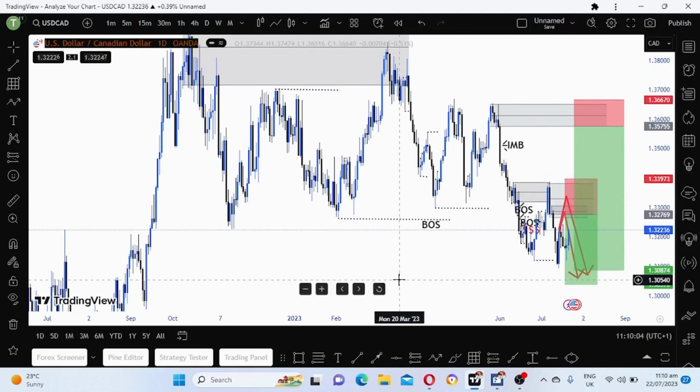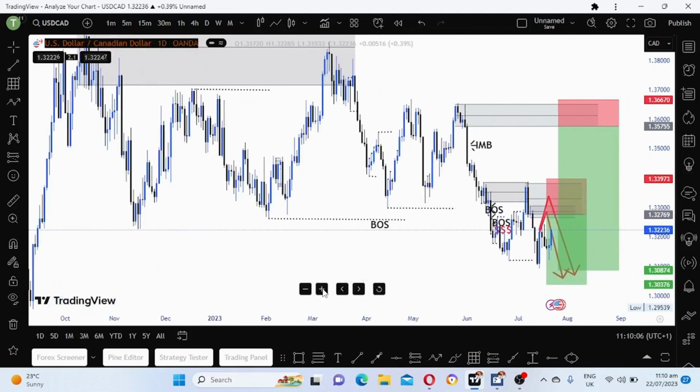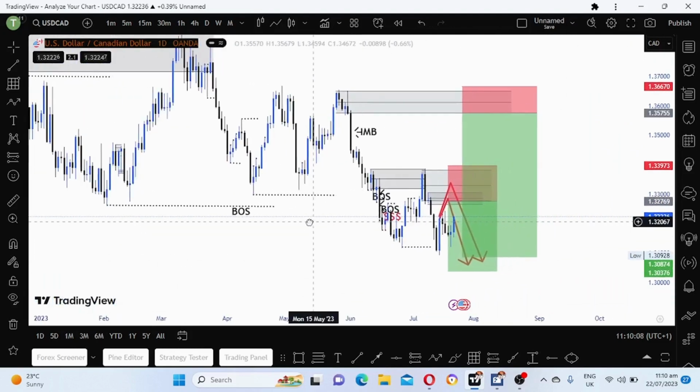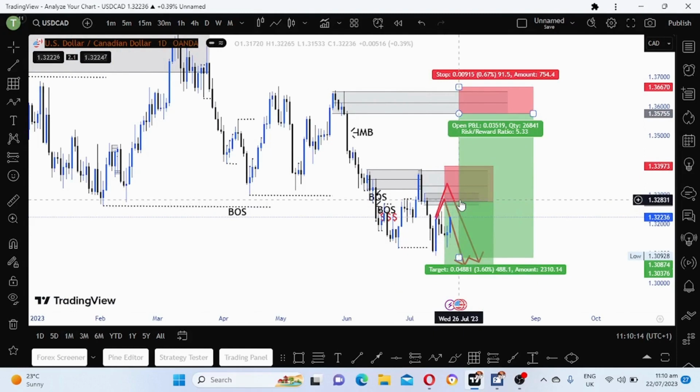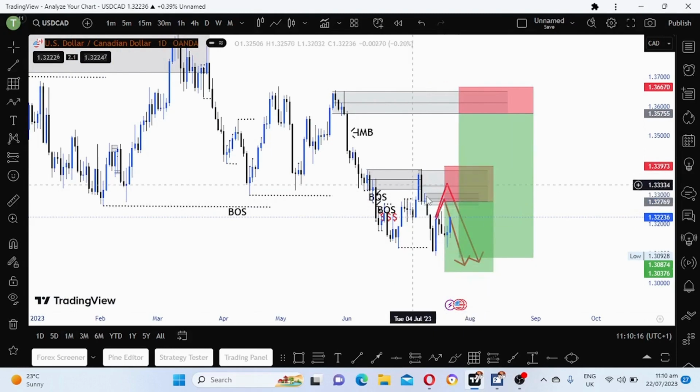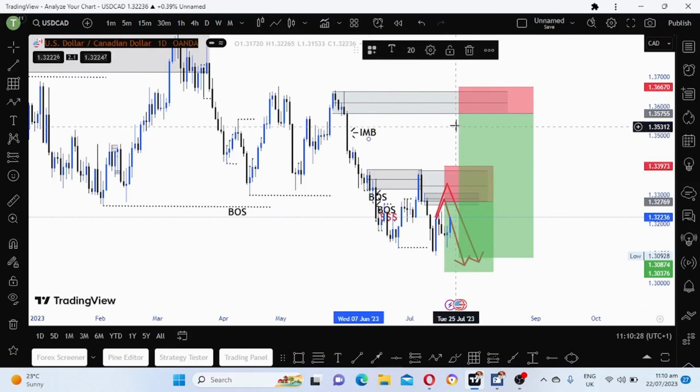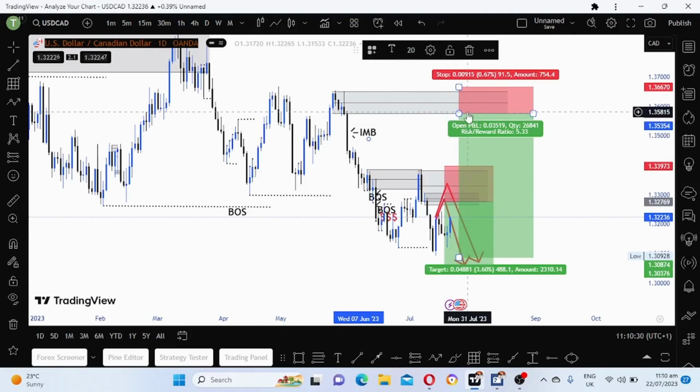So if price now reverses at these supply zones that we draw, here is a refined one. If price reverses at that zone, then we enter a sell there. But if price breaks to the upside, where do we look at now? Price has to go fill in this imbalance, this inefficiency, which is up here, and then it might reverse at this second supply zone up here.